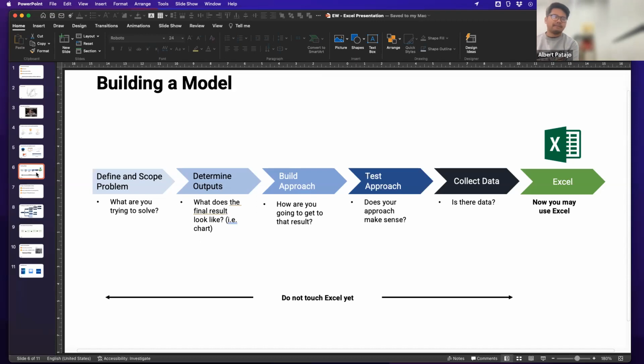Whether it's, am I trying to estimate a market size? Am I trying to build out a big financial forecast? Am I trying to understand how many people eat ice cream? What's the size of the ice cream market in Australia? And so once I've determined that, I then backward solve for what are the outputs. So if we've got this problem, what do I need to show that I've solved the problem?